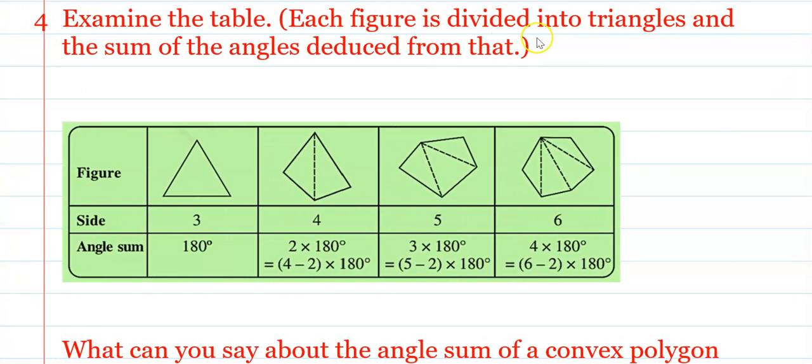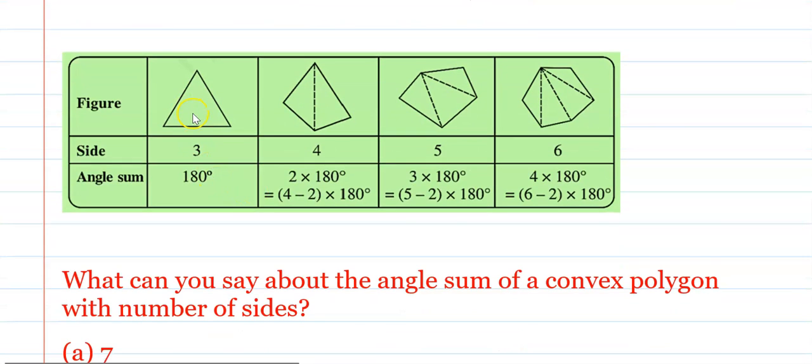Each figure is divided into triangles and the sum of angles is deduced from that. Now see this figure. This is a triangle. 3 sides are there. And therefore, here we can write